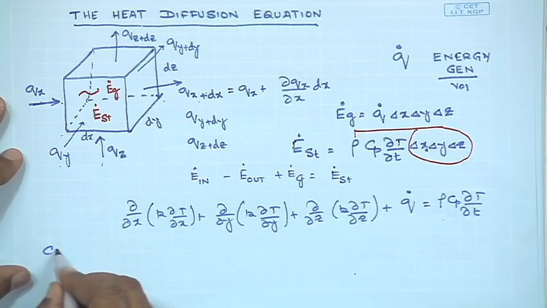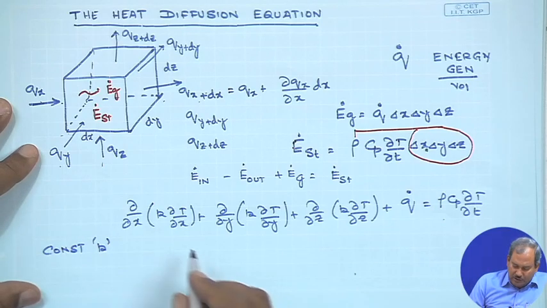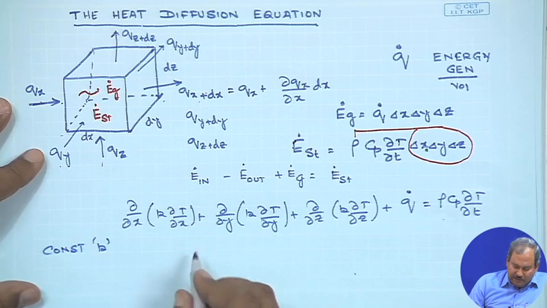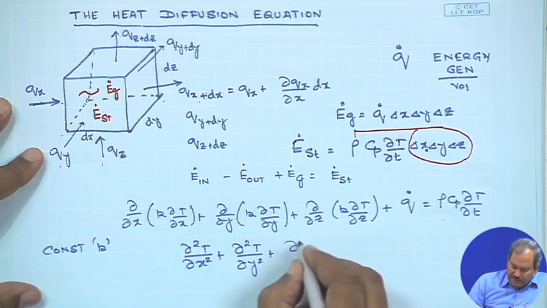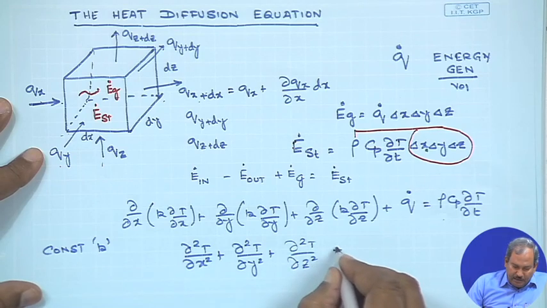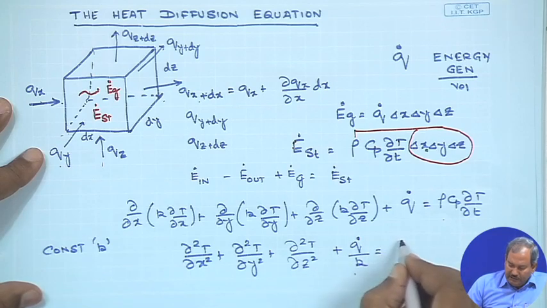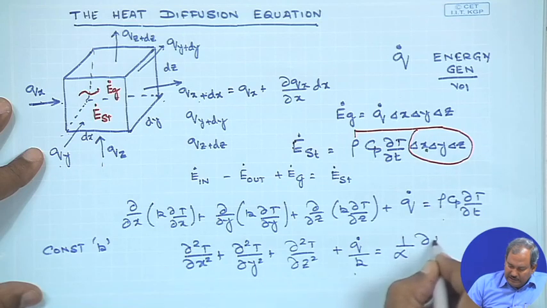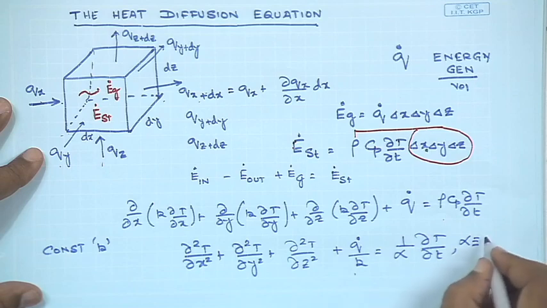So, if we assume a constant k case, where the thermal conductivity of the system is constant, then k can simply be taken out, and what you get is del 2 T by del x square plus del 2 T by del y square plus del 2 T by del z square plus q dot by k is 1 by alpha del T by del time, where alpha is simply defined as